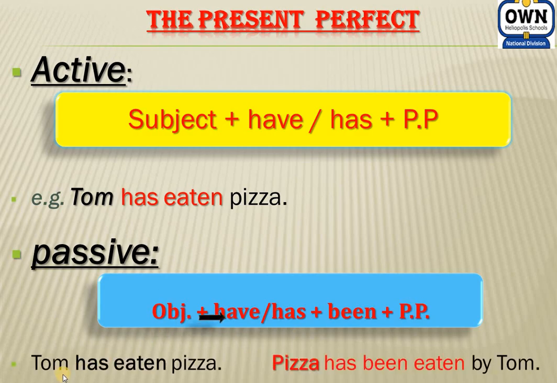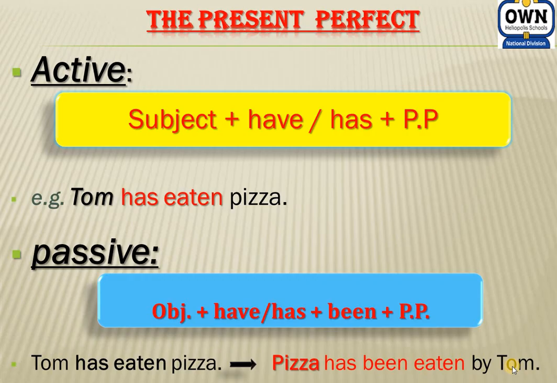This is the sentence: Tom has eaten pizza is a present perfect in the active form. But if we want to change it into the passive, we follow this rule. Pizza at the beginning of the sentence, has because pizza is a singular noun, and been, eaten, the past participle